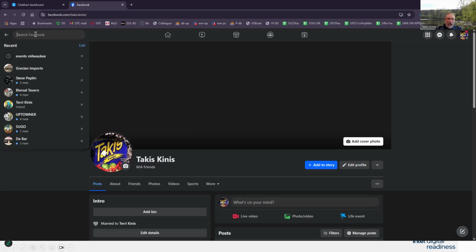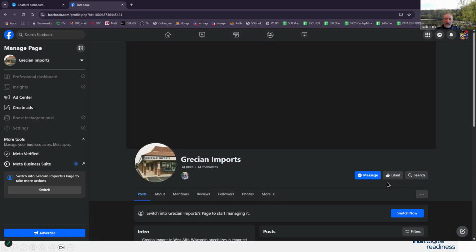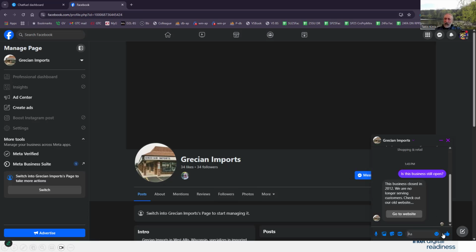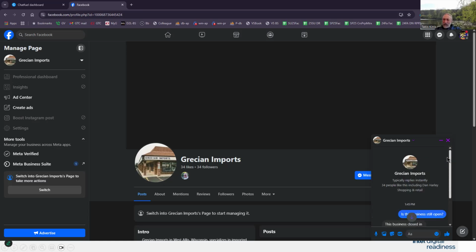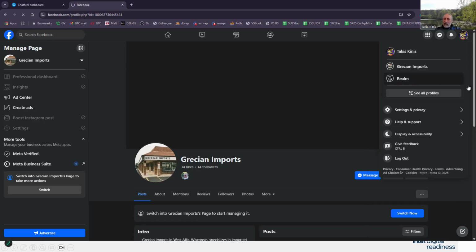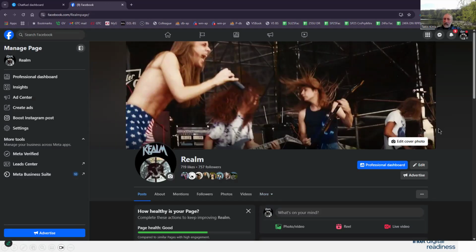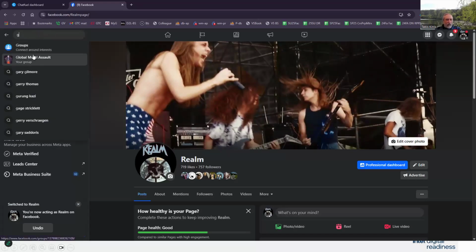And then I'm going to go to that page. So I'm going to just find my page through the search, and it's taking me there. And there's the message tool. And I'm going to click on the message tool. And then I want you to notice I've had interaction with this already. So this is not really a good example. In fact, let me try it like this. Let me go into my other profile. All right. And now I'm going to do the same thing. I'm going to go to that same